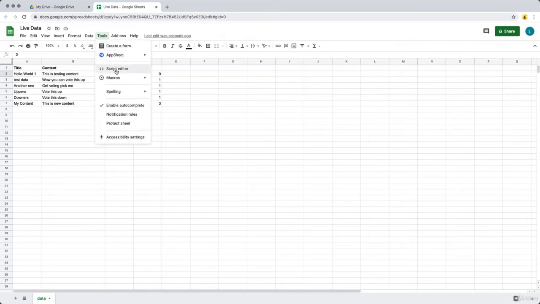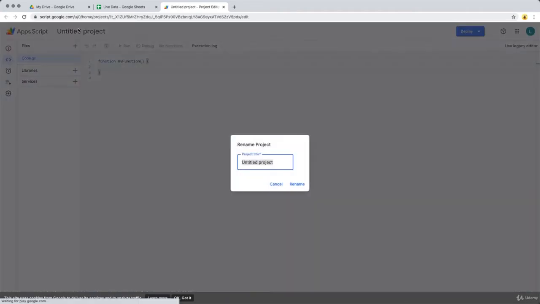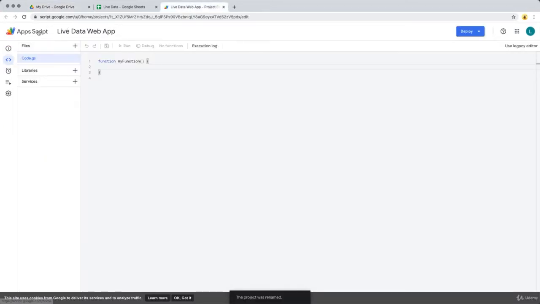So going under the Tools, let's open up the Apps Script editor. Selecting the script editor is going to open up the script editor interface. We're going to give it a name, live data web app, so it corresponds with what the sheet is. And in order to open it within our Google Drive, we're only going to see the spreadsheet information. If we go to the Apps Script,